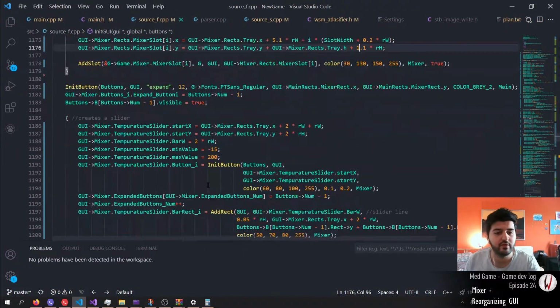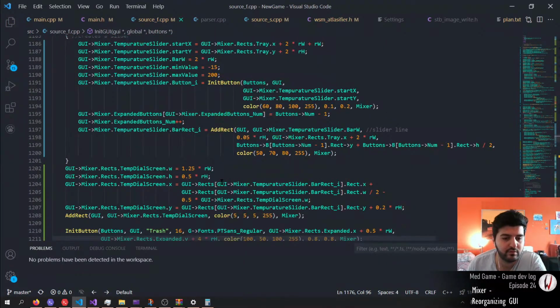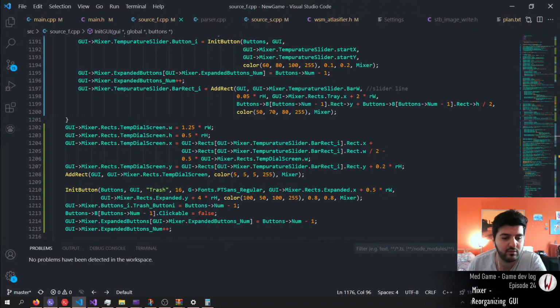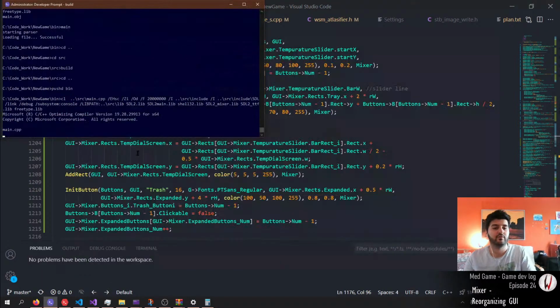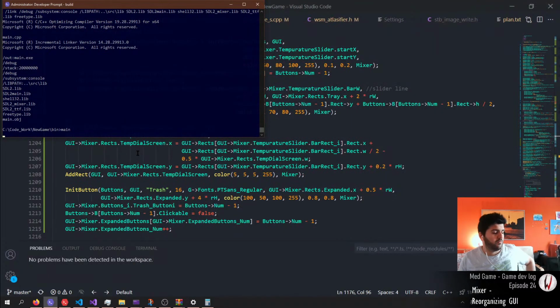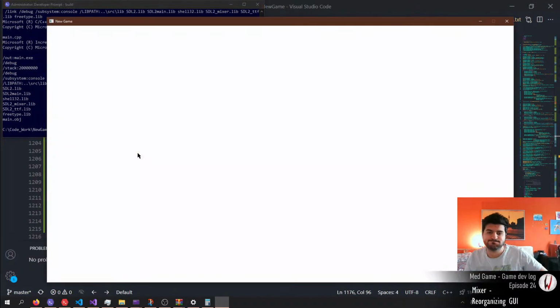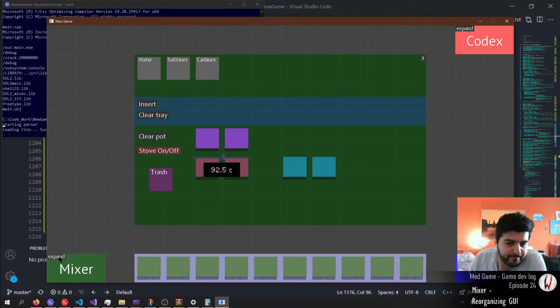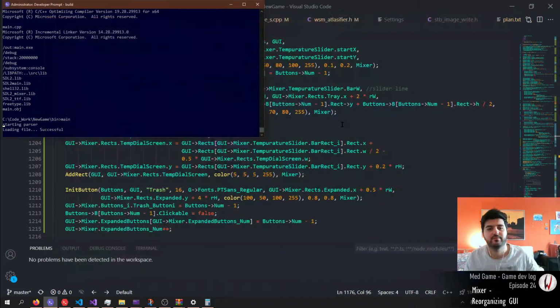And the buttons of... Wait, how does that even work? If it was there, yeah, it's way too low. Alright,